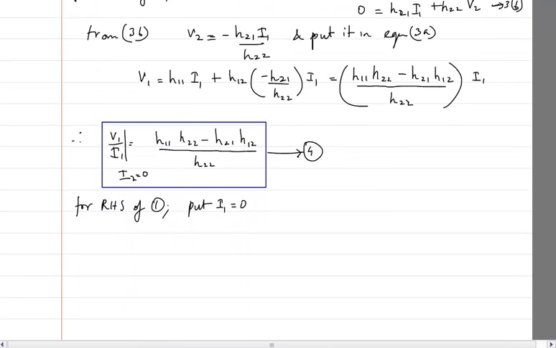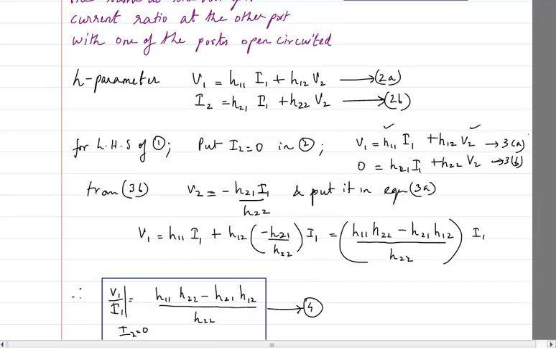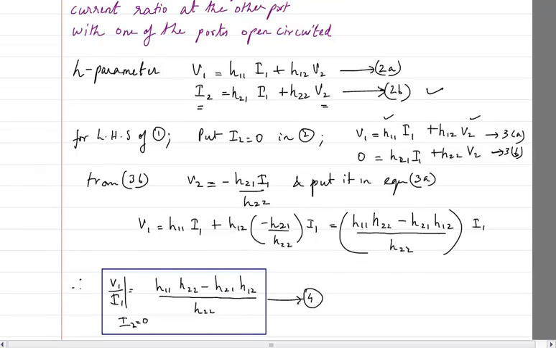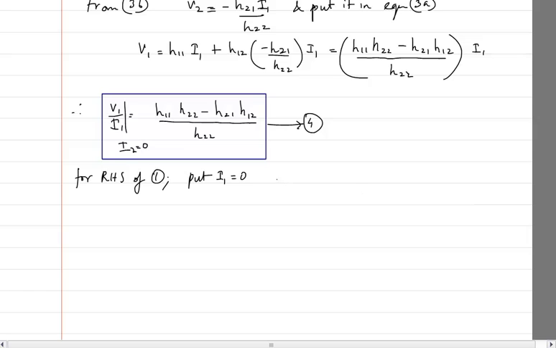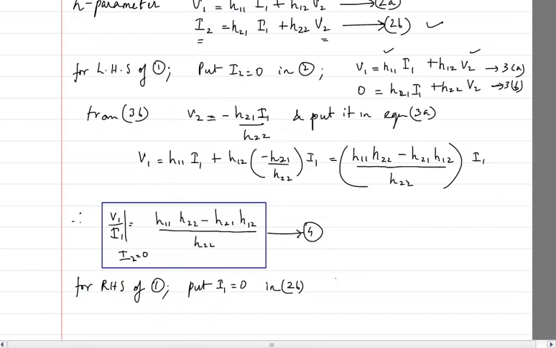Equation 2b has V2 and I2 directly, and I am having I1. If I make I1 is equal to 0, I will need to put only 2b. So when I put I1 is equal to 0 in 2b, I will get I2 is equal to 0 plus H22 V2,